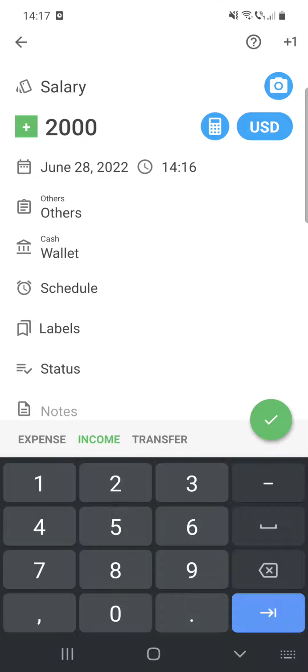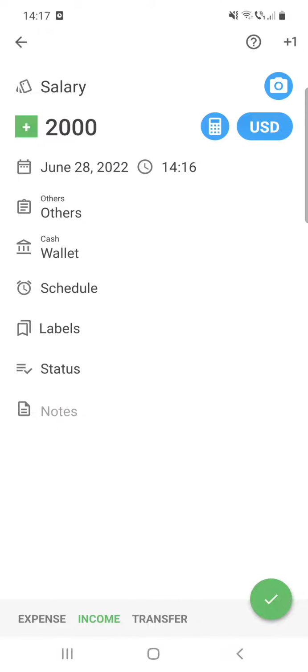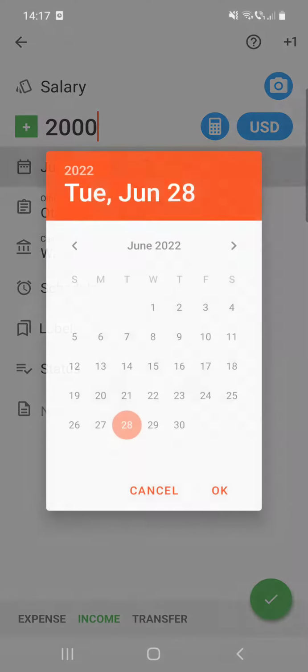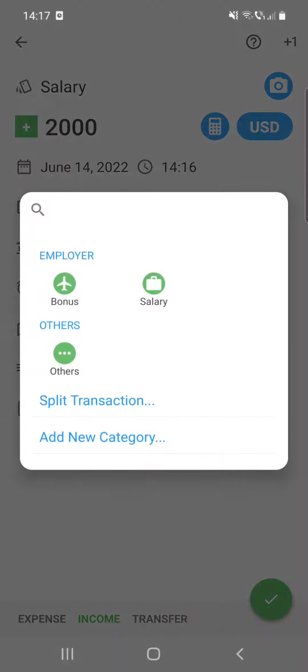that you have received. After that, if you would like, you can change the currency, but for now it's okay if I show you in USD. And there is the date and time. Here you can set the exact date and time when you have received your salary. Let's say like this. Okay, after that, at the other section here you can see that was a regular salary,